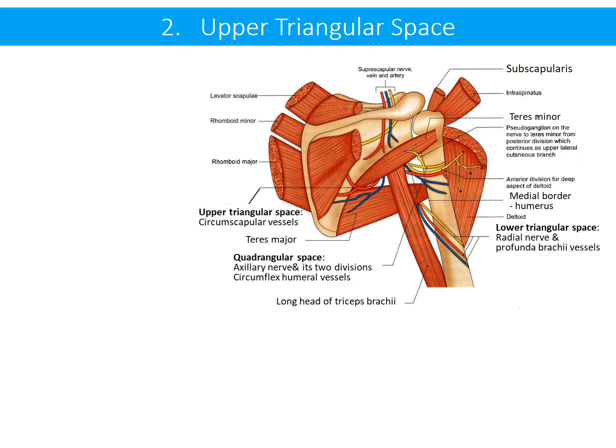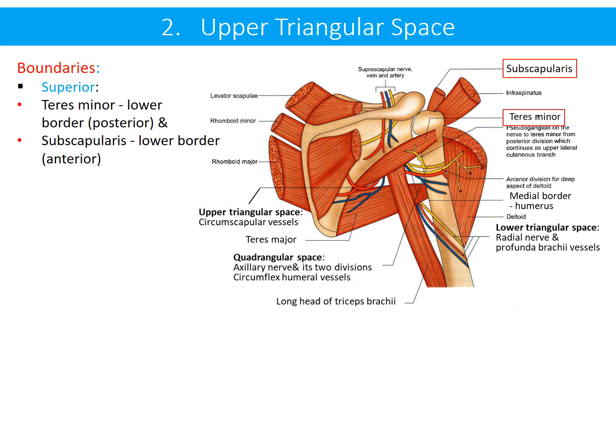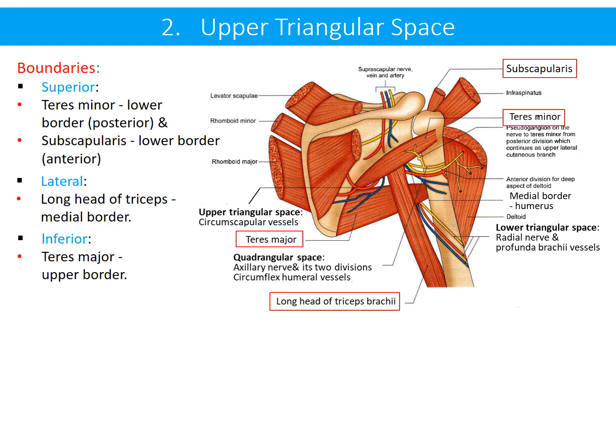The second space is the upper triangular space. It is bounded superiorly by the lower border of teres minor posteriorly and the lower border of subscapularis anteriorly. Laterally, this space is bounded by the medial border of the long head of triceps, and inferiorly lies the upper border of